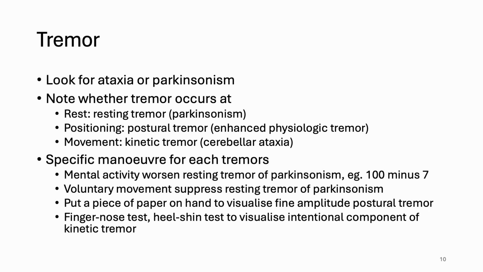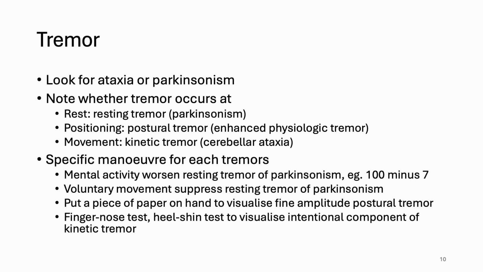Example would be enhanced physiologic tremor, or tremor that occurs with movement, which is a kinetic tremor, commonly seen in cerebellar ataxia. Here are specific maneuvers that you can perform for each tremor. For resting tremor, mental activity actually worsens it. You could ask the patients to do 100 minus 7 in their mind and observe the worsening of the resting